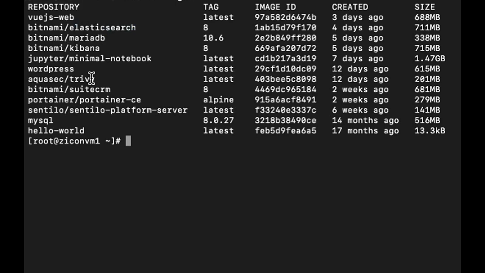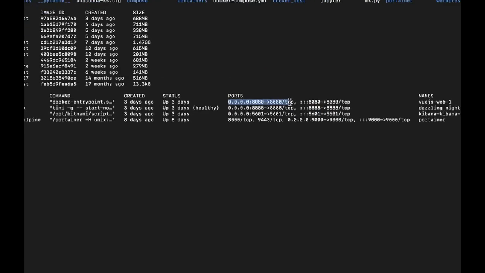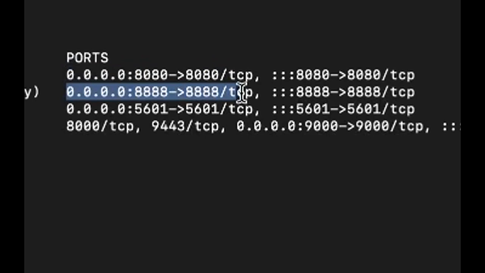And if I show you how many containers are available right now, four containers are up and running. I also have Portainer, Jupyter, Vue.js, and Kibana. They are all up and running,